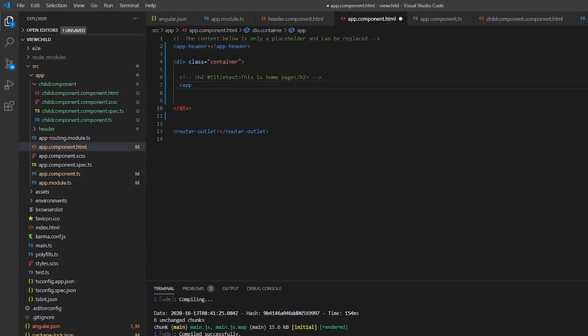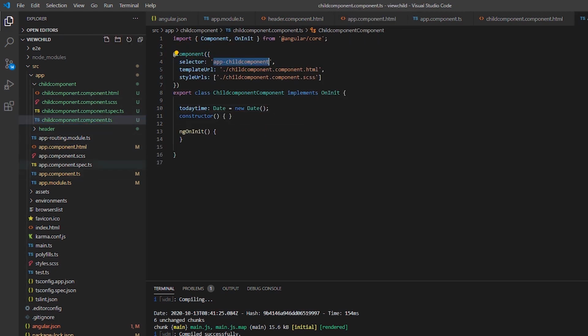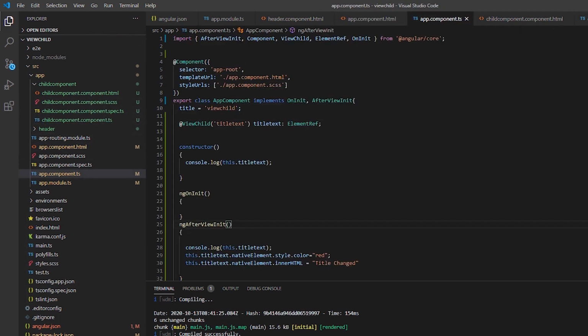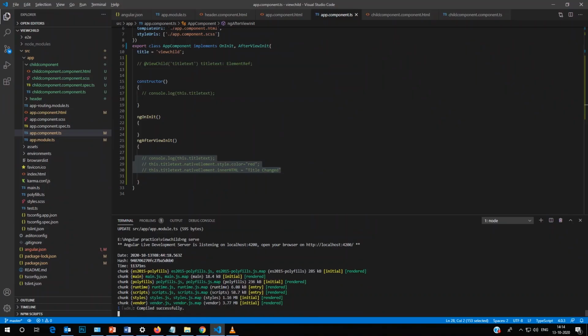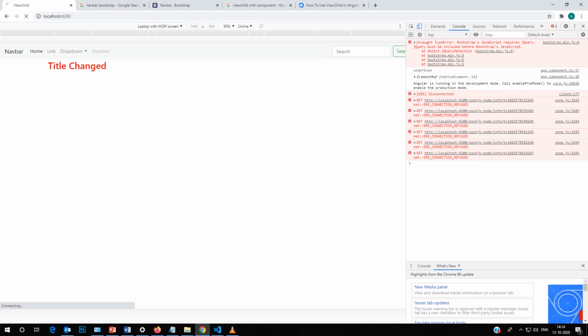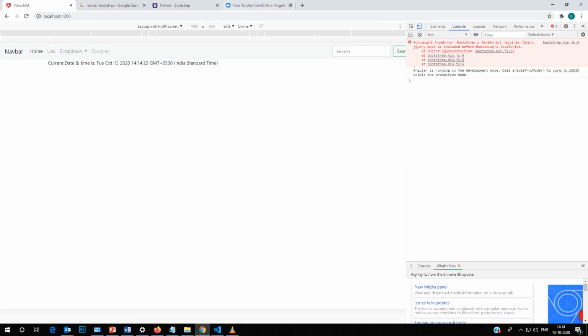Call the child component in the main component with the child selector name. Let me comment all existing code first. You can see we are able to see the current date and time on the web page.